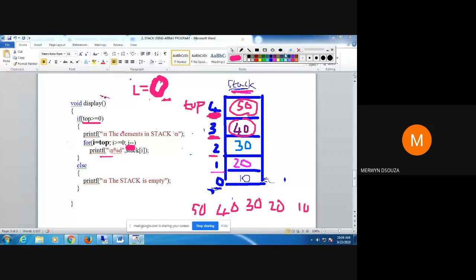If you decrement it, then i will become equal to -1. When i is equal to -1 and you check this condition, -1 is not greater than or equal to 0. So we stop with this printing. And this is the else part. So if part is executed, else part is not executed. Once I have done with this printing, I exit the display.